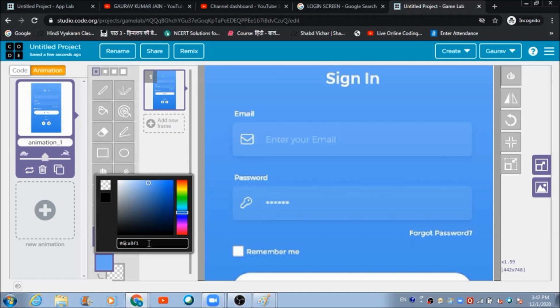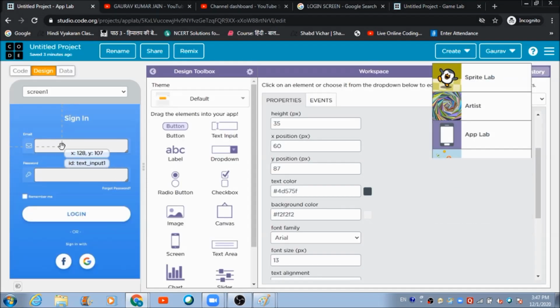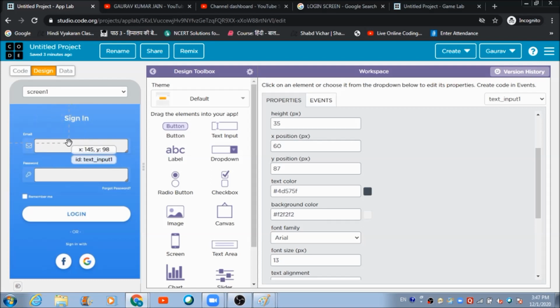This is the code that you can make use of for changing the background color of the input boxes which you have placed over the screen in the app lab. Now for changing the background color of this input box, you just select this component and come here in this background color option.